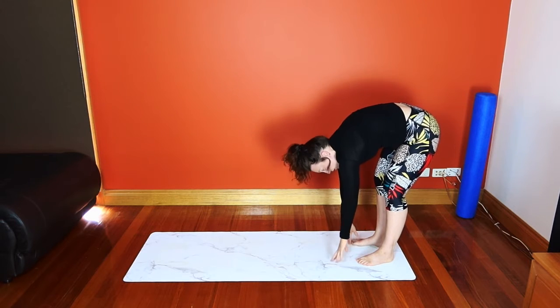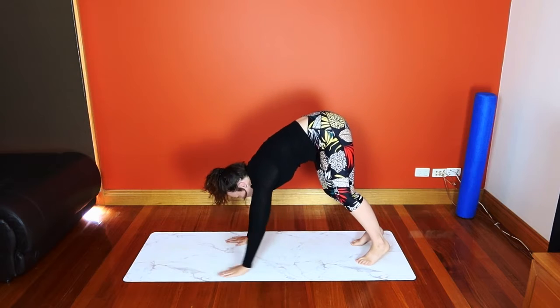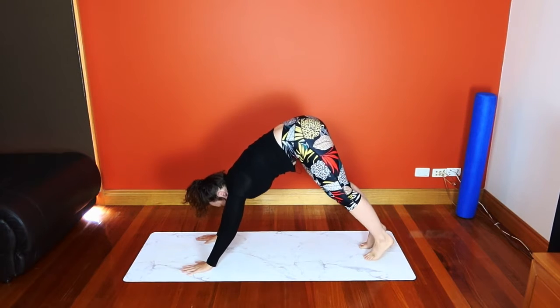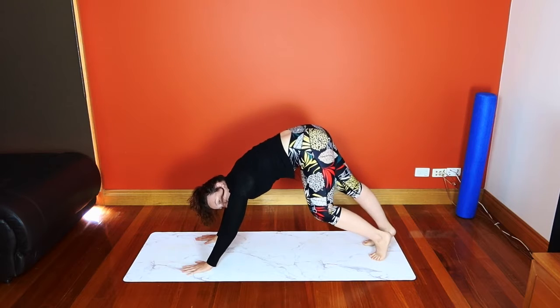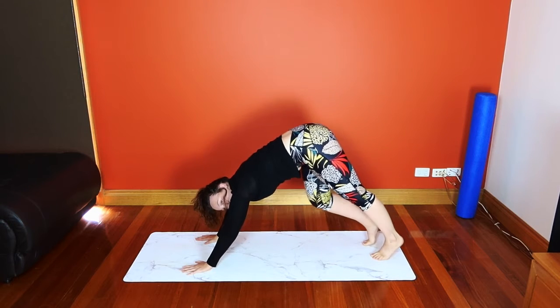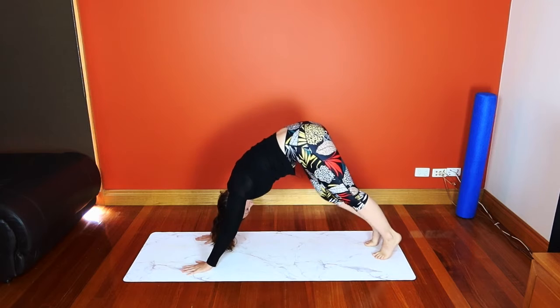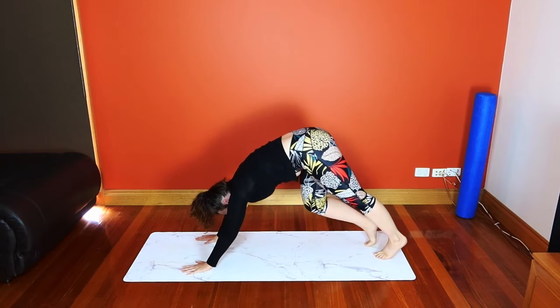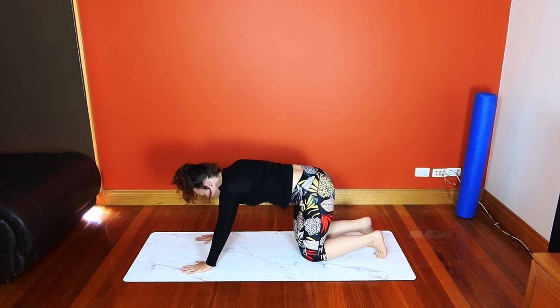From here, we're going to walk our hands out into a pike. So walk those hands out, our bum is facing up to the ceiling. Let's just cycle out the back of those legs now. Drop one heel down, drop the opposite knee in. Keep going here. Alright, when you're ready, we're going to gently bring those knees down to the mat and push back to our